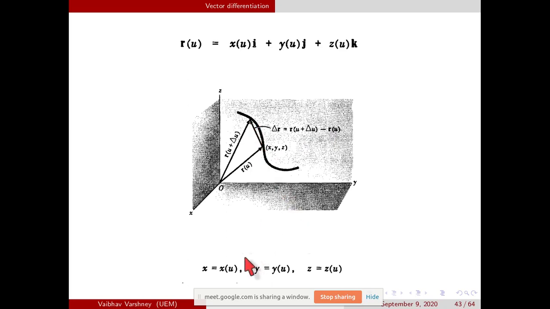And see, x, y and z, these are all functions of u. So if we are changing u, it means we are changing all three variables x, y and z. Any single variable is not changing alone, all three variables are changing when we are changing u. Just keep this in mind, because this is the ordinary derivative. In an ordinary derivative all variables will change at a time. So when we are changing u, we are changing all of x, y and z.